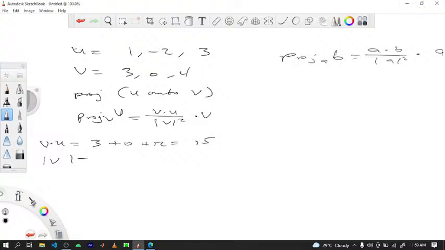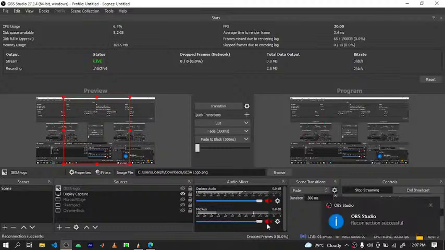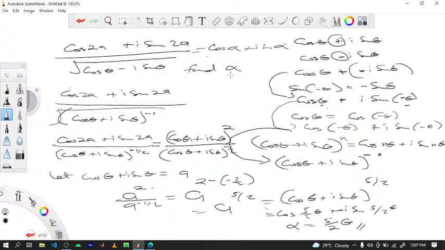So for the magnitude of V, we are aware of how to find magnitude of V, right? So this is going to be the square root of 3 squared plus 0 squared plus 4 squared, which is simply 5, because 9 plus 16 is 25 under a square root, so you get 5. So we can go on. So projection of U on V becomes, so we found that as 15 over